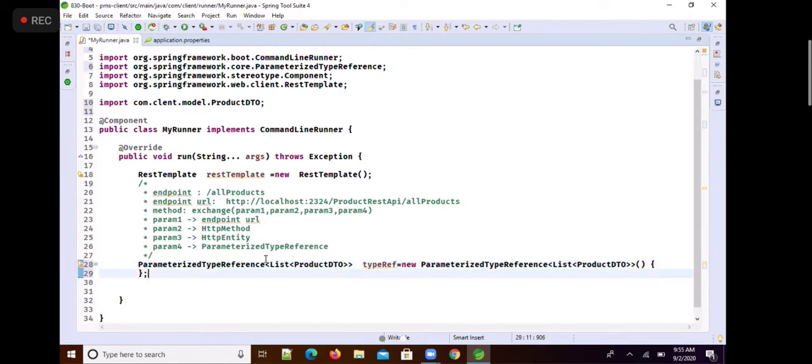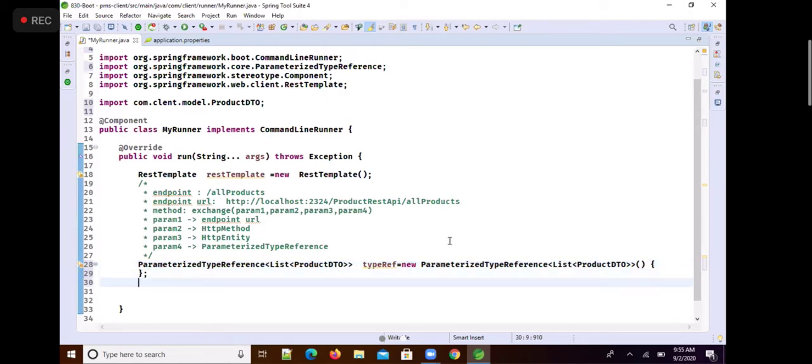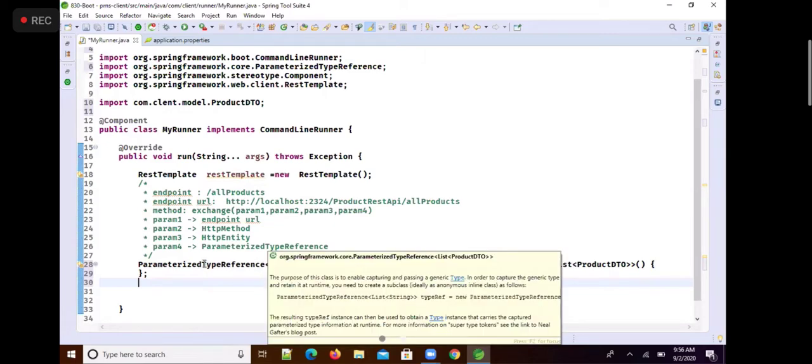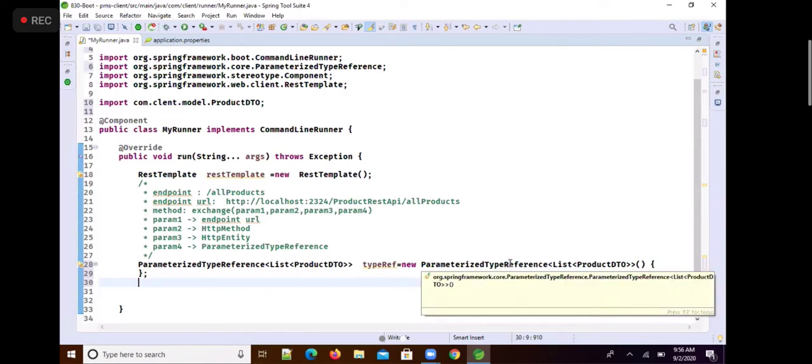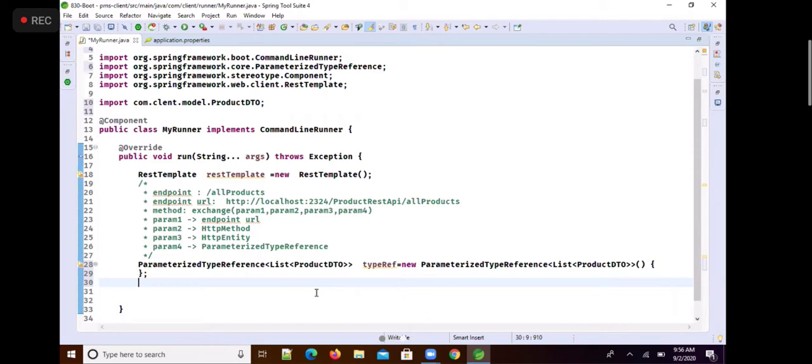And actually this is an anonymous inline subclass. So this is the way of creating a parameterized type reference object. Actually, it is an abstract class, but we are providing an anonymous inline subclass, and we are creating its object.